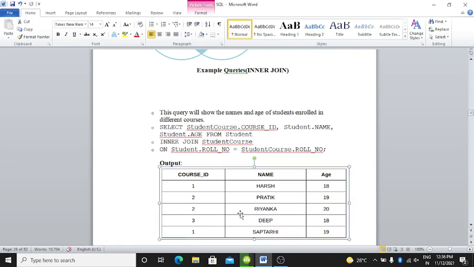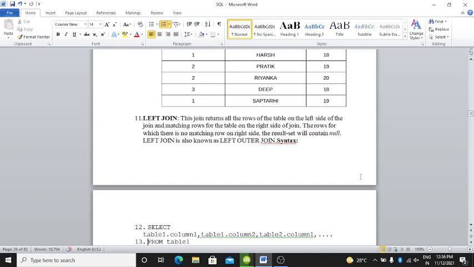Here is the output: course IDs 1, 2, 2, 3, 1, names Harsh, Pratik, Riyanka, Deep and Saptarshi, and their ages 18, 19, 20, 18 and 19.